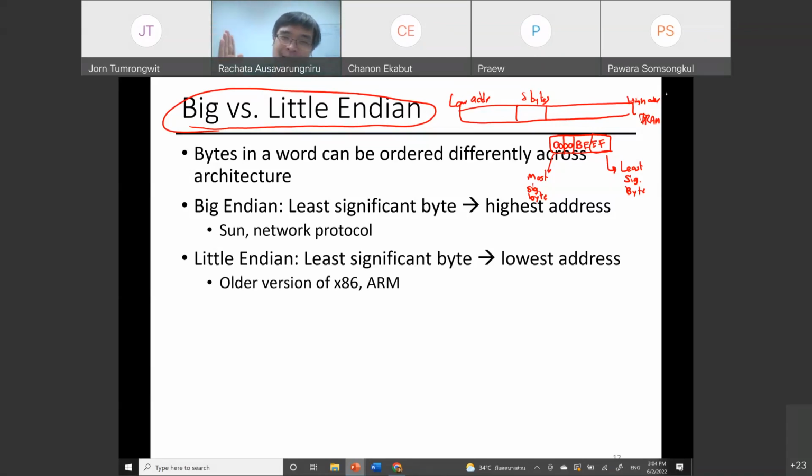So if I am running the program on x86 and I have the number 0000 beef, will the EF be on the left side, or on the right side here? On the x86 machine, would that be on the left side or the right side? The left side, right? So